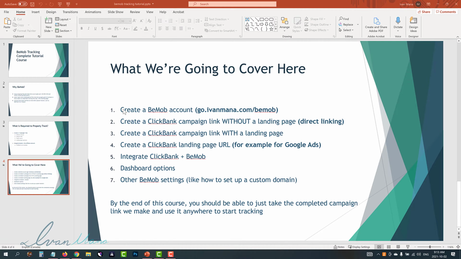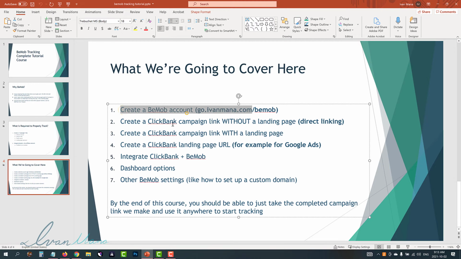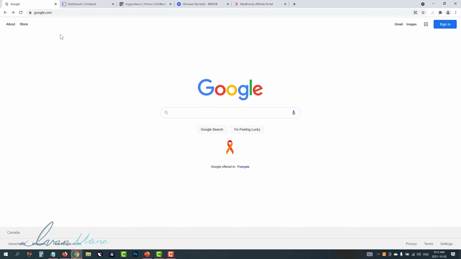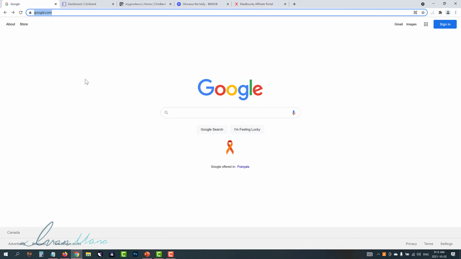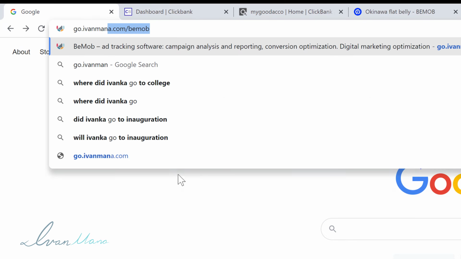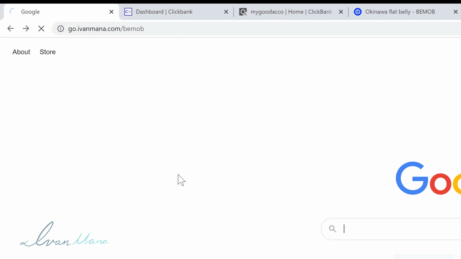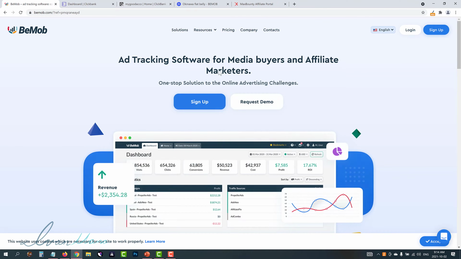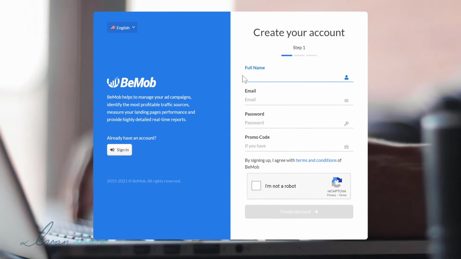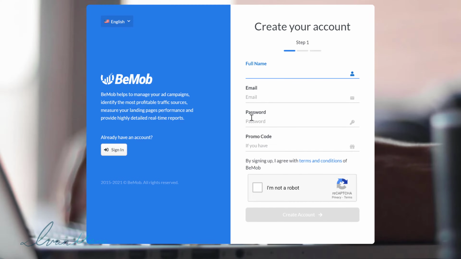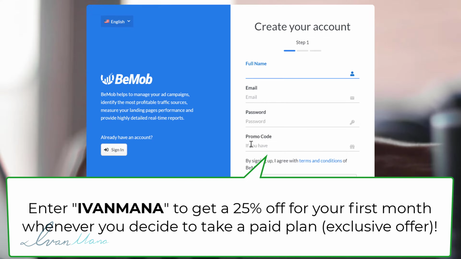That said, let's go. So the first thing we're gonna do is create a BeMob account, okay? So what I'm gonna do is head over into Chrome, and over here, we're going to type in go.ivanmana.com/BeMob. And this is my affiliate link, and you will be able to get started completely for free, okay? So all you guys are gonna do is click on sign up right over here. You're going to enter your full name, your email, your password,